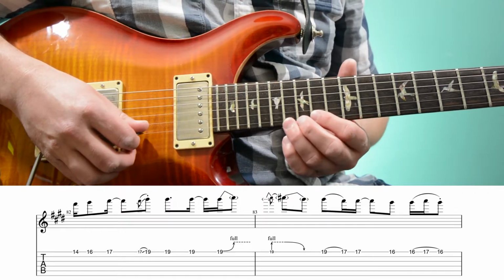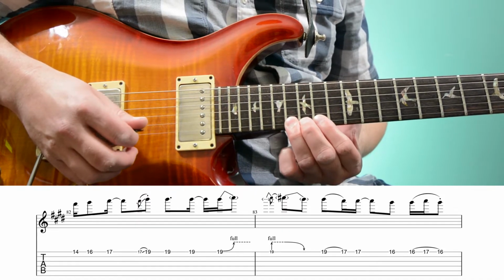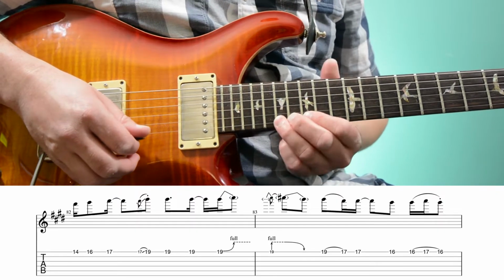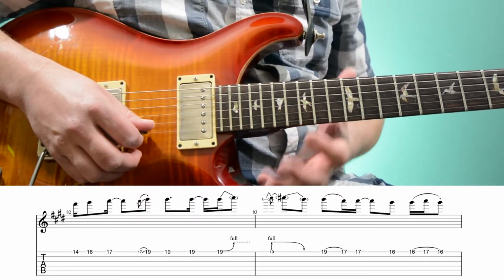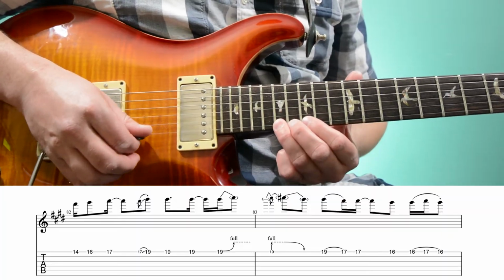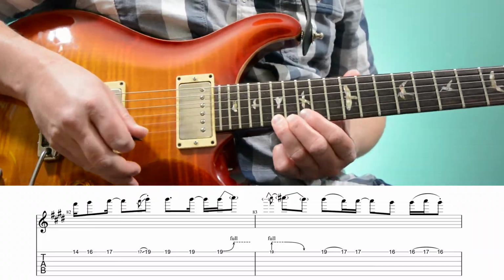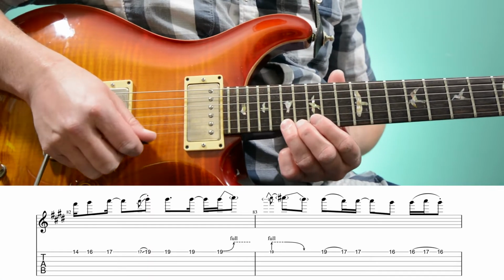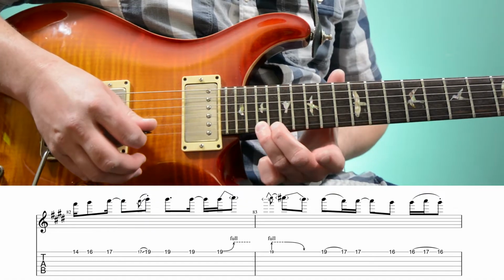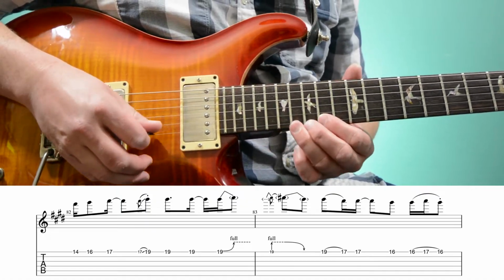So this next measure, we're playing 14th fret of the first string, followed by the 16th fret of the first string, then the 17th fret of the first string. So I play the 14th fret with my index, and then the 16th and 17th both with my ring finger. And you'll see why, because the next note, then you slide up to the 19th fret from the 17th fret, so we have,